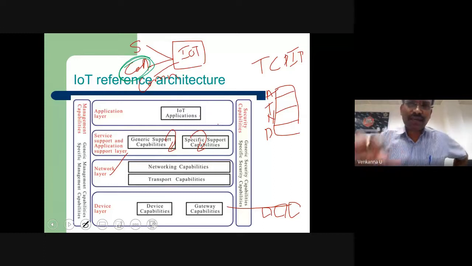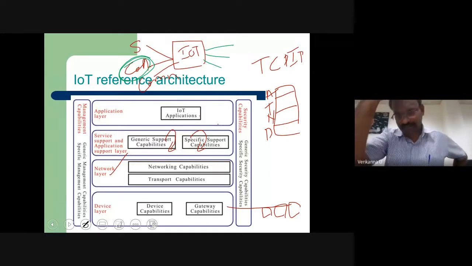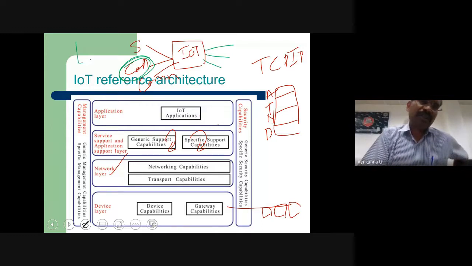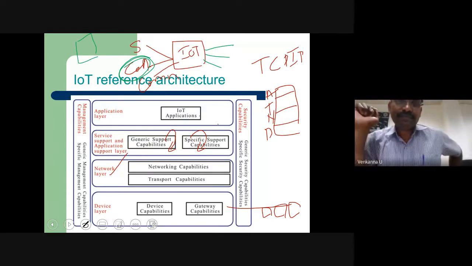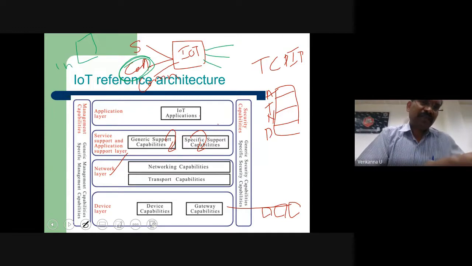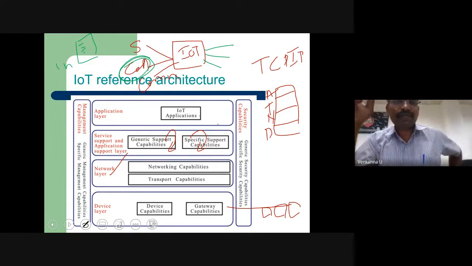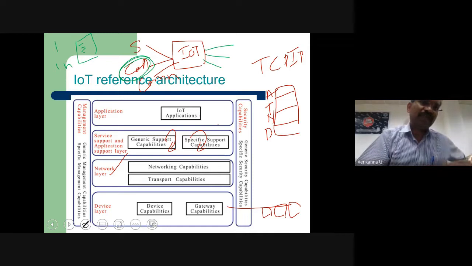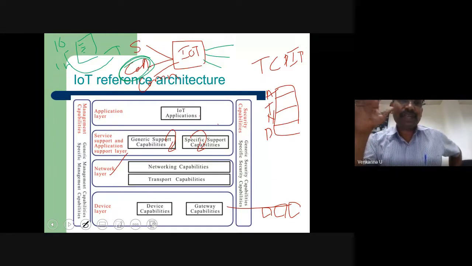Now you see that your IoT node is going to collect the data. Whatever data is collected, you need not push it to the outside world. For example, you are collecting 1 megabit per second. Suppose I'm monitoring the temperature of a person, and in a minute there is not much variation of the temperature. Why should I send this unnecessary temperature? Can I apply some kind of average? Suppose you collected 10 values, you made an average, then you send only the average value. It means I have executed some kind of processing.